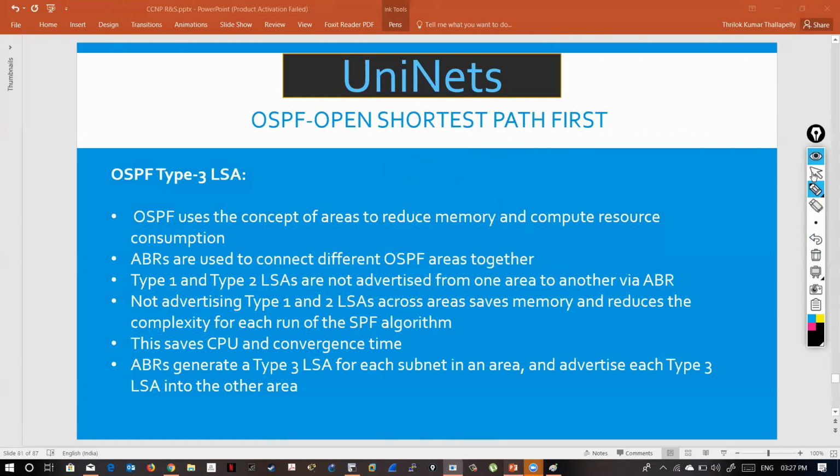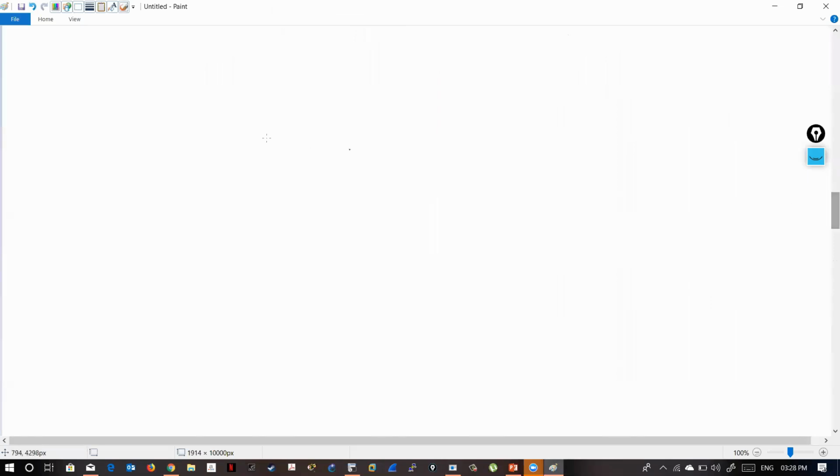Obviously, if the ABR is sending type 1 and type 2 LSAs into another area, what is the purpose of doing areas? The purpose of doing areas is to not make all the routers know complete information. It has to know only the brief information, right? For that reason, type 1 and type 2 LSAs are not advertised from one area to another area. If type 1 and type 2 LSAs are not moving from one area to another area,